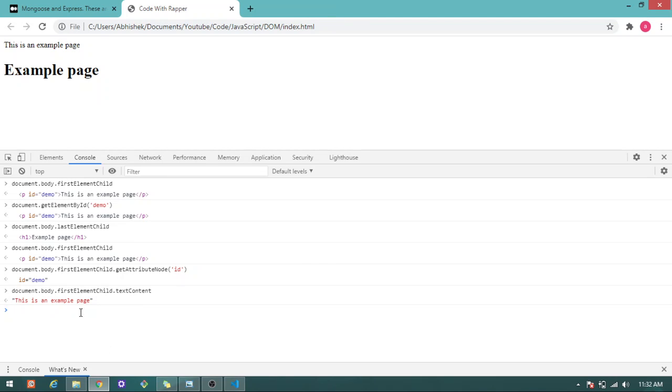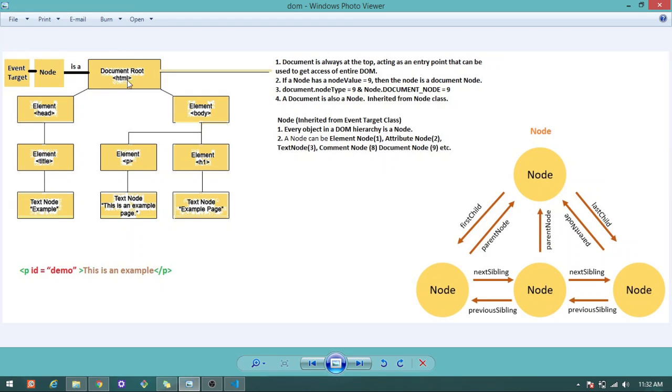So this is how JavaScript is able to traverse through this whole tree. document.body, the element, and through this element, if you type .textContent, you will be able to access this text.